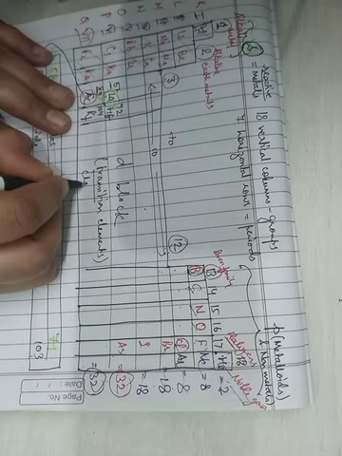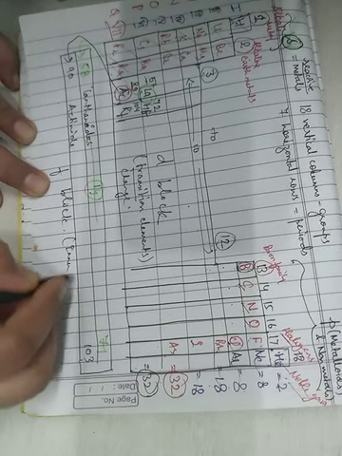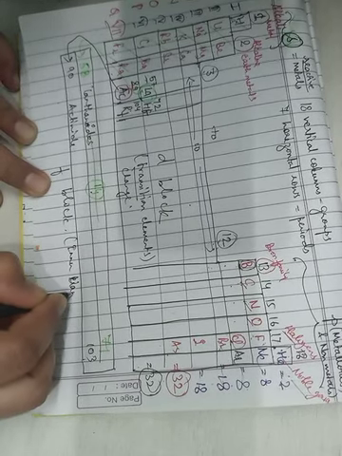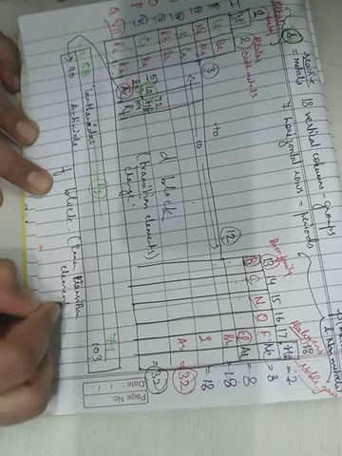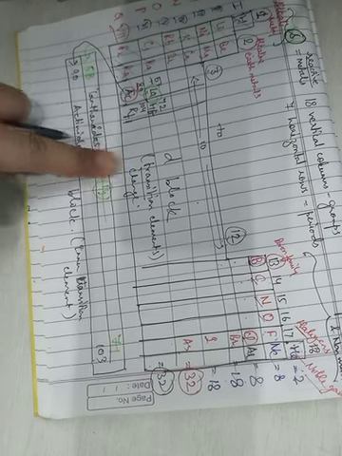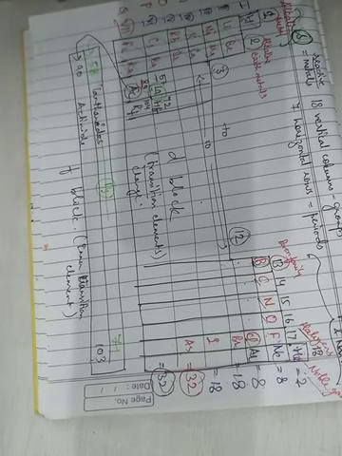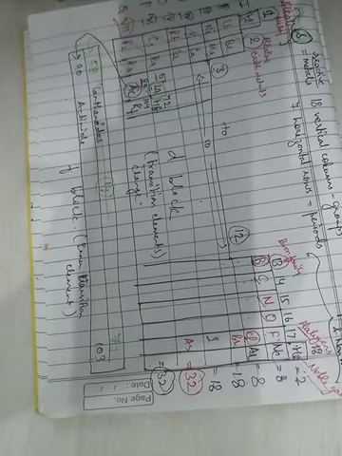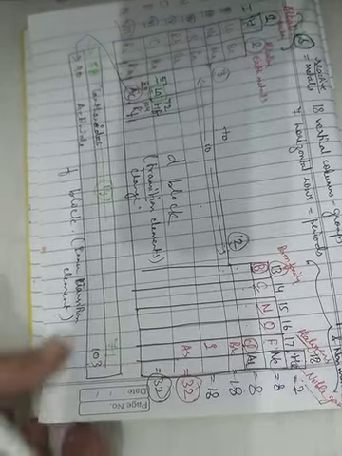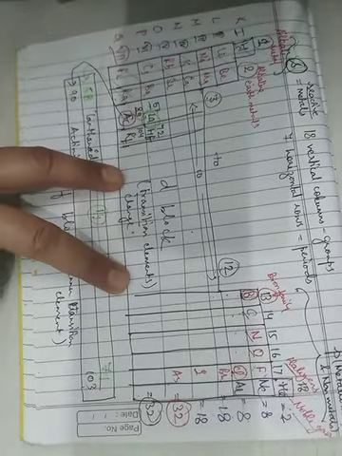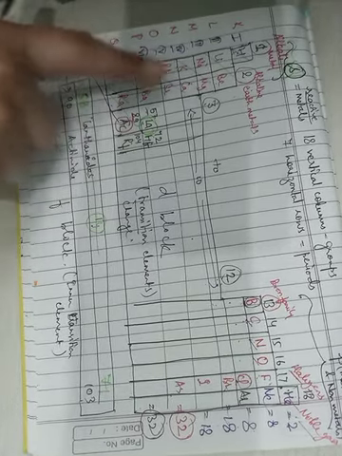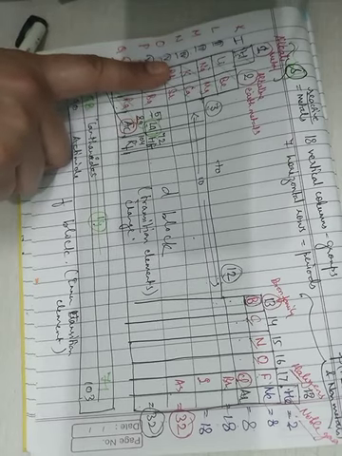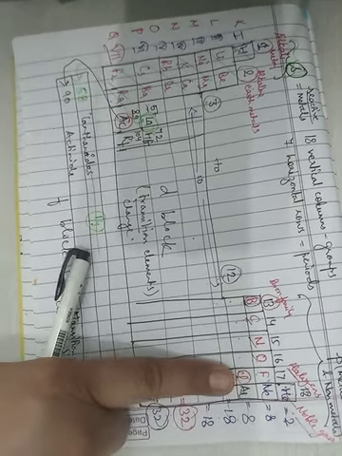Transition means change, and these are called inner transition elements. Means they originated from transition elements. They are actually present inside them, so that is why they are called inner transition elements. Now why they are called transition elements, this we have to understand. It means change. So basically you can see they are placed between extreme strong reactive metals and the non-metals.